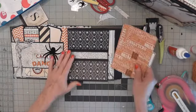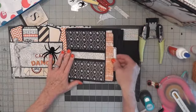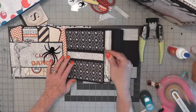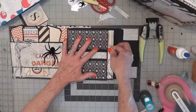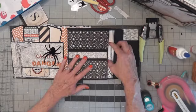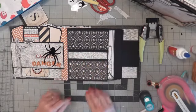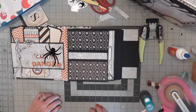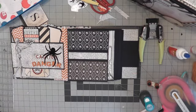So this will now just slip into this side pocket here, all the way in, like that, and just sticks out there so you can see to pull that out. Just kind of fit it right there. It's a little short, but if you just put it there, it'll work like that. And I think, let's see,